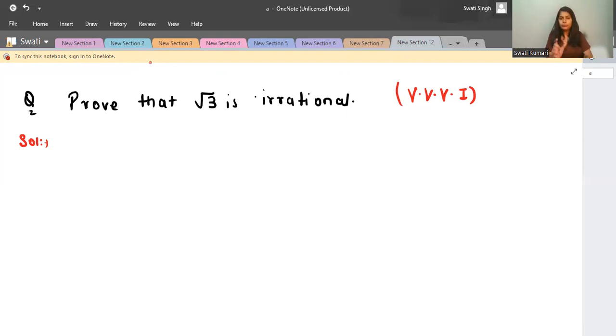So here you have to prove that root 3 is an irrational number. We know the definition of irrational. So can we not prove this using some contradiction? Let us prove this using contradiction. How can we do the contradiction? By taking the opposite, by letting it go the opposite way. So let us assume that